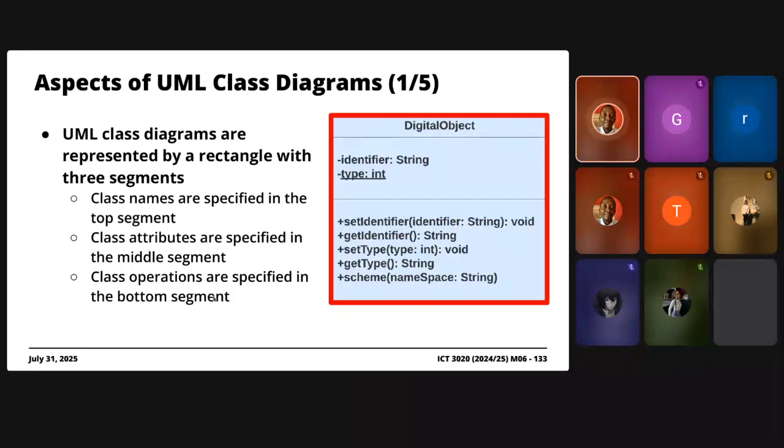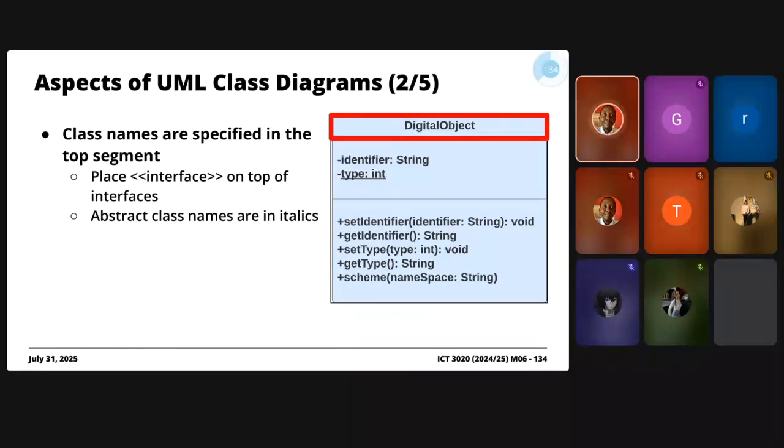The very first segment will be used for you to specify the class name, right? Your class attributes are specified in the middle segment, and then the operations are specified in the third segment. So we have our class there, like this,